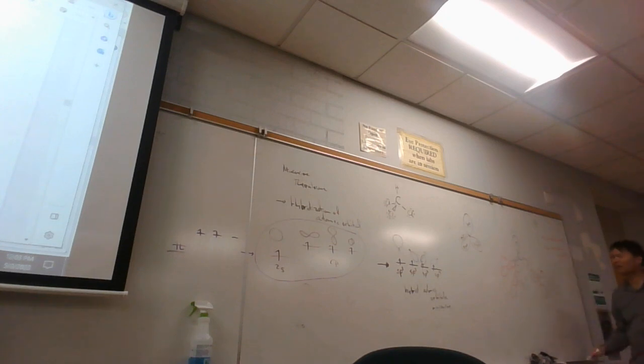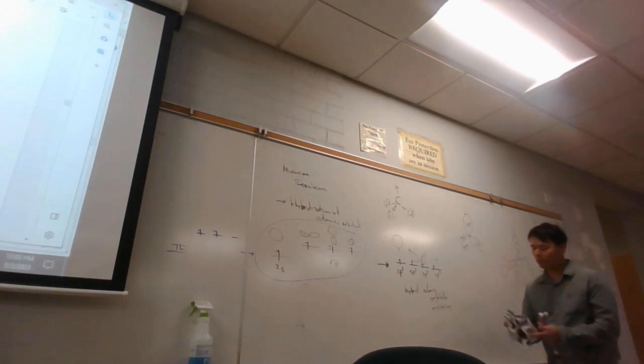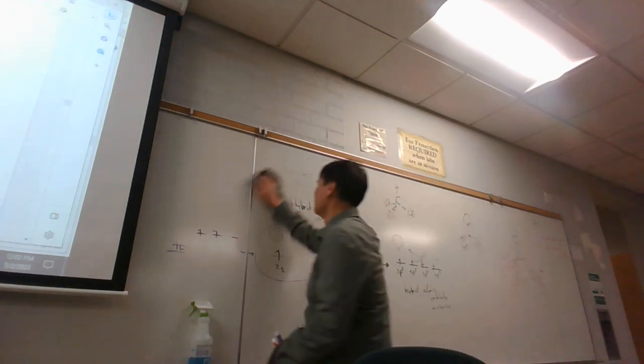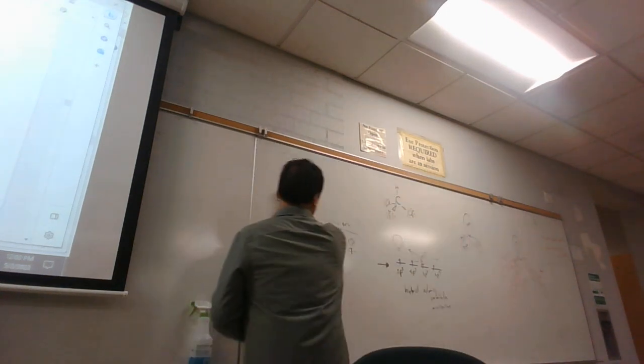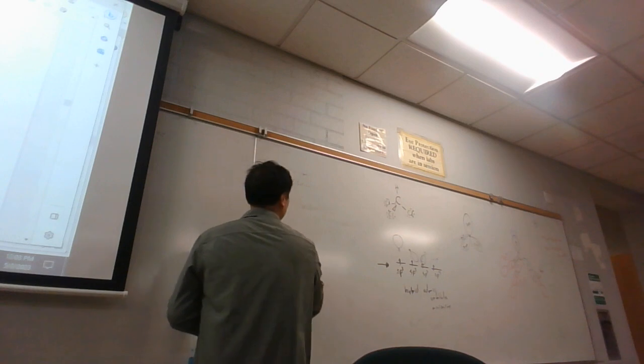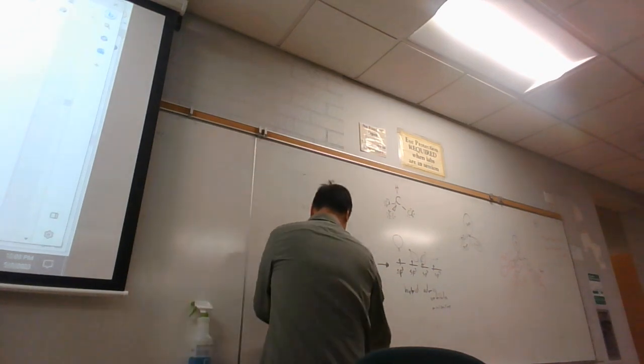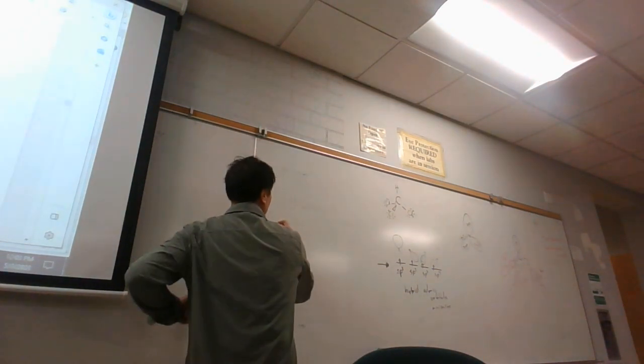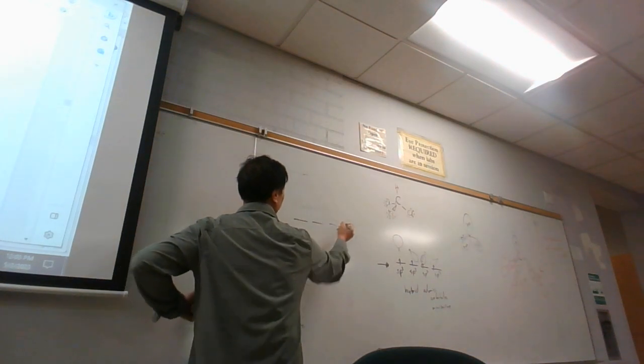But it depends on the author of the book. Some books will not hybridize these, other books will hybridize it. For chlorine, we could have hybridized it. So, what would it look like if we hybridized the chlorine orbitals as well? And that's to minimize the repulsion. So, when we look at chlorine, chlorine's going to have